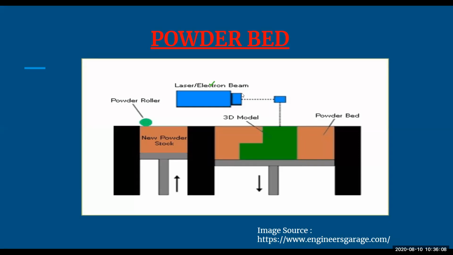Okay, so here you can see that there is a powder roller where the powdered form of whatever material you want to design will be loaded. Okay, there is something called a laser electron beam, wherein whatever powder is there, it will be coming out of it, and then the structure will be designed, or the resulting model will be ready.